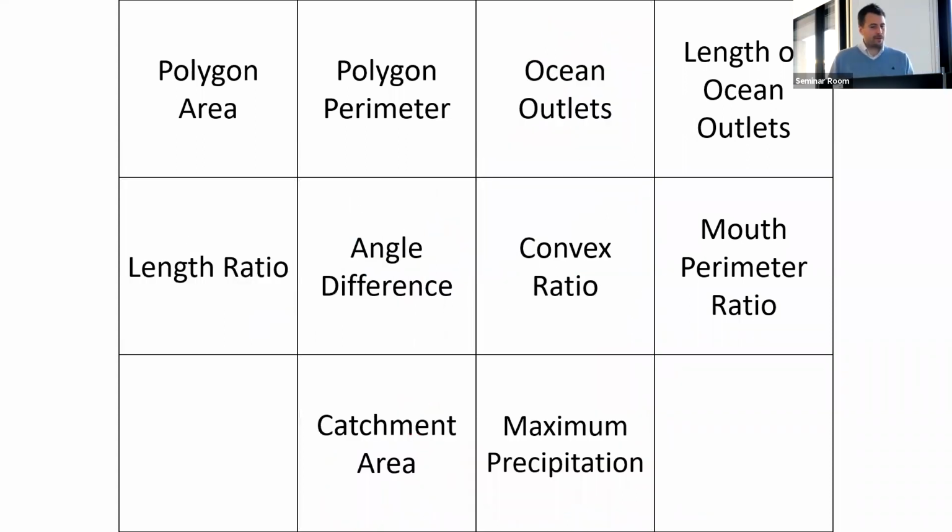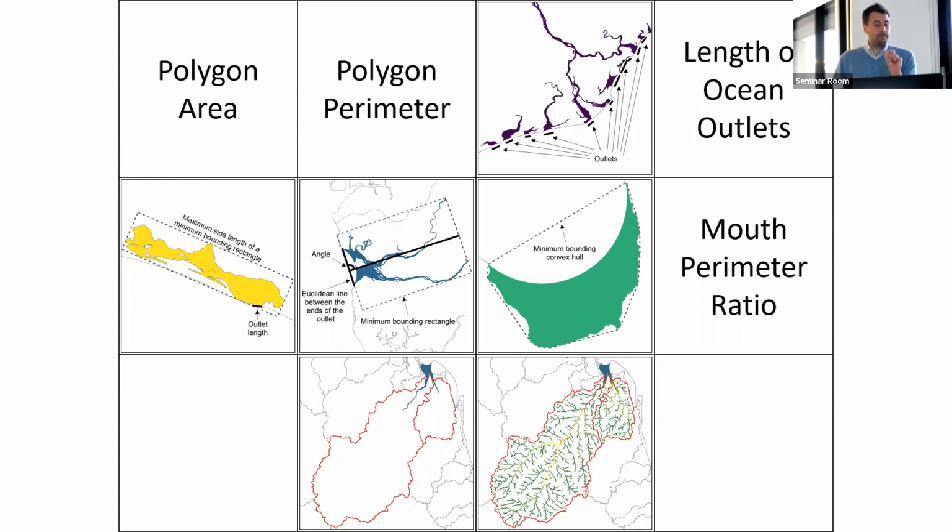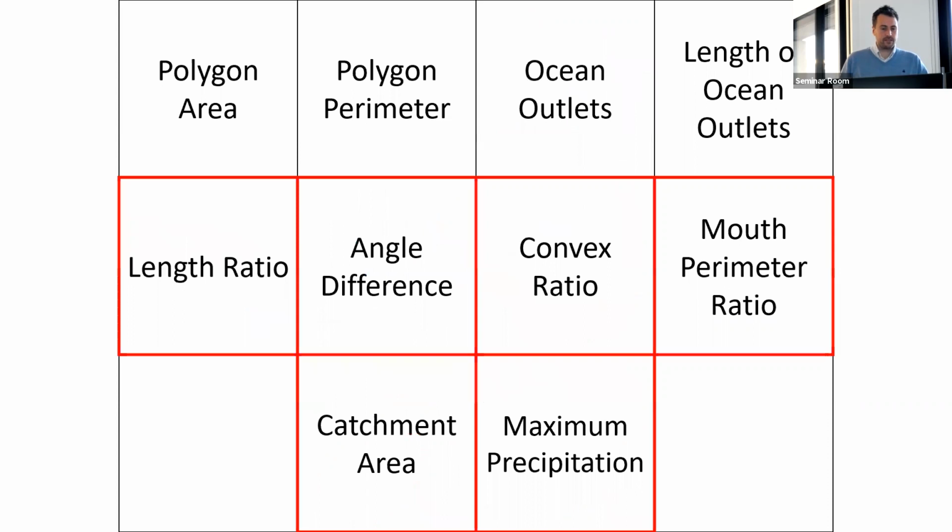The length ratio is just a term for the ratio of the outlets, the bit where the polygon meets the coast, and its width. And you can see that actually lagoons have a really small mouth, but really wide. The estuaries, for example, are perpendicular to the coastline, where the lagoons are much more parallel. And also we looked at the size of the catchments and how much precipitation. So we took together all these different sources of difference between the polygons to try and categorize them.